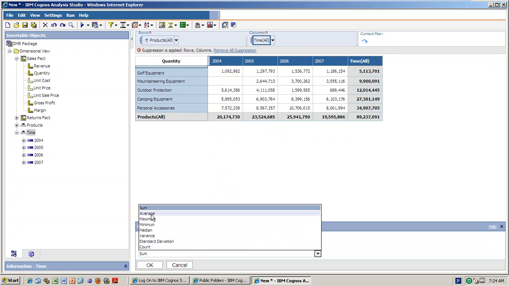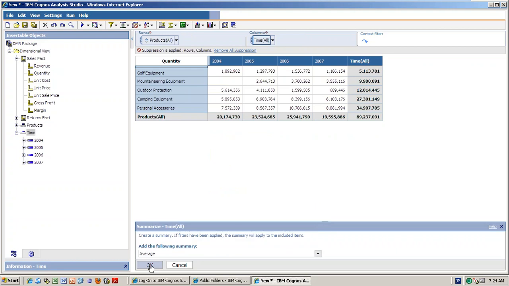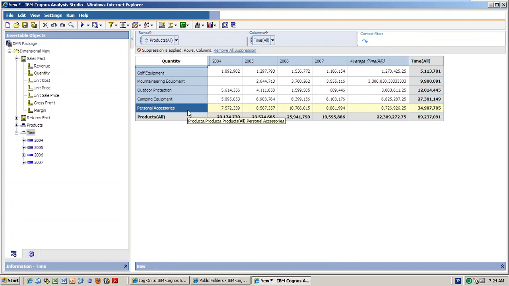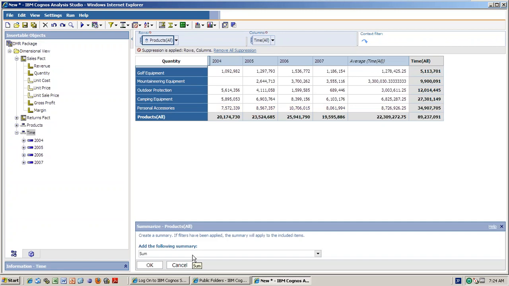Default aggregation is automatic. Yeah, you see this. The average of all these things will be created here. For example, golf equipment, mountaineering equipment, like this. Row-wise means you select here, go ahead here and take the average.